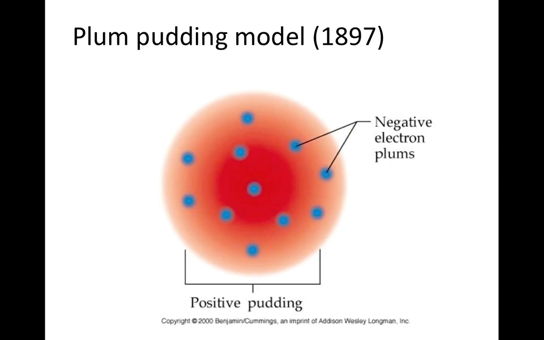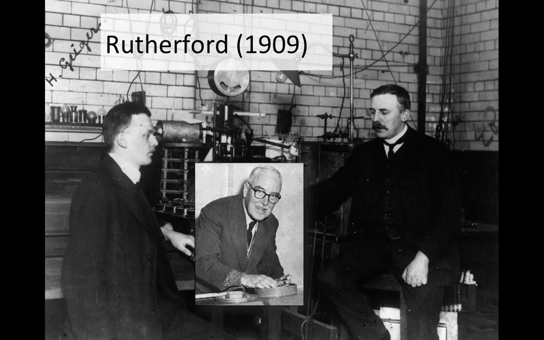Now, that hung around for a few years until these chaps came along. On the right we have Ernest Rutherford, a student of Thomson's in the past, but now working as a professor at the University of Manchester. And he had two graduate students, Hans Geiger, who later went on to develop the Geiger counter, and another Ernest Marsden, another New Zealander, both of these New Zealanders.